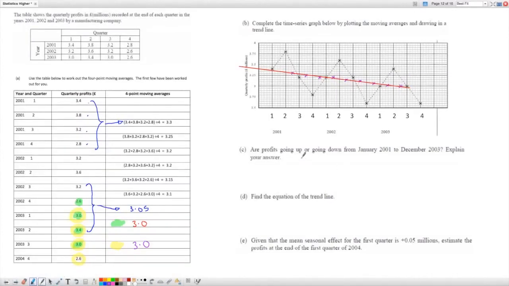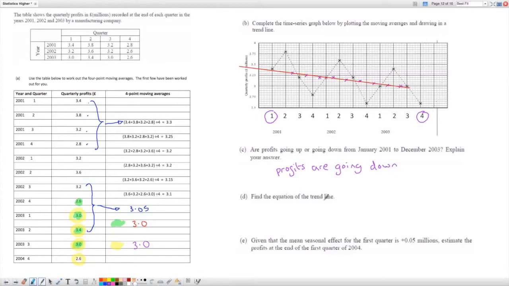We're then asked, are the profits going up or going down from January 2001, so here, until December 2003? Well, as the trend line is going down, decreasing, we have profits going down. So the profits are going down, and we can see that because the trend line is downhill in this direction,